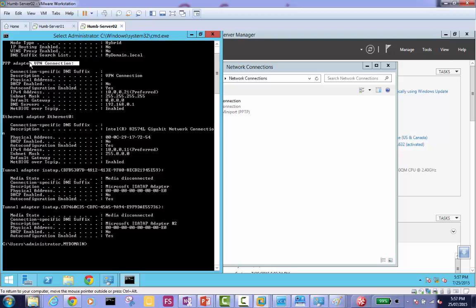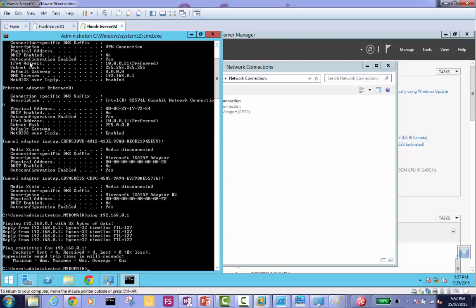Your Active Directory is in the IP range of 192.168.0.1. Can you ping your 192.168 now? So ping 192.168.0.1. Yes, I can ping. Ping is perfect. I'm pinging from a 10 machine, right? It's a totally different, separate range.